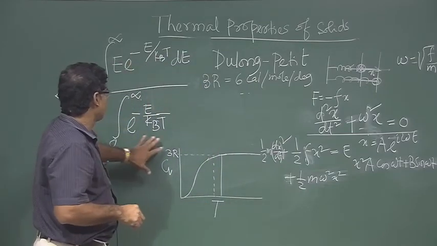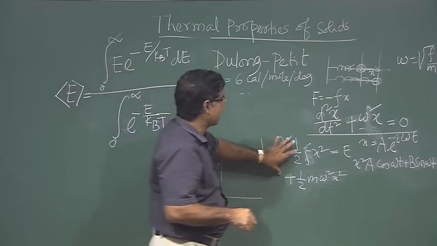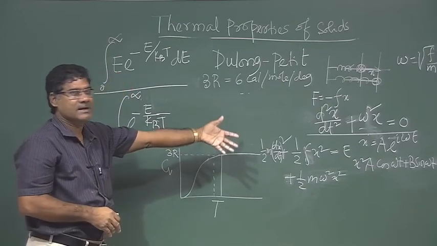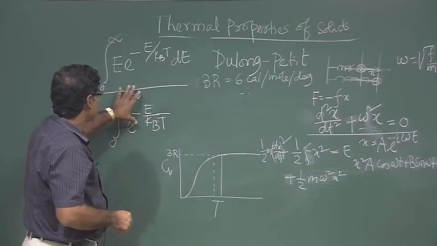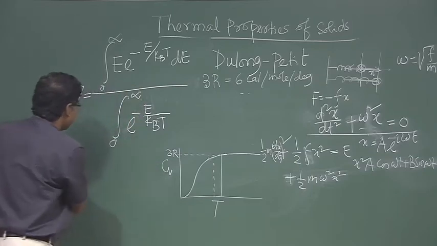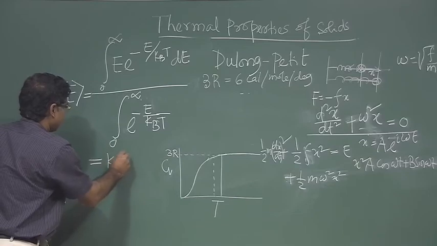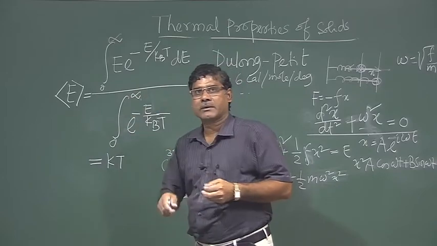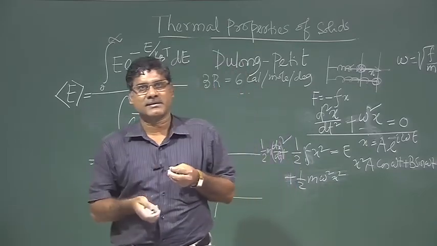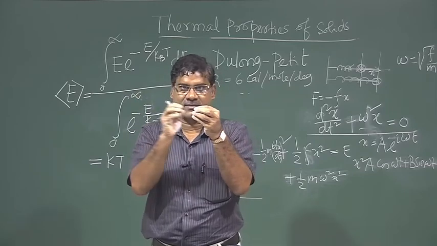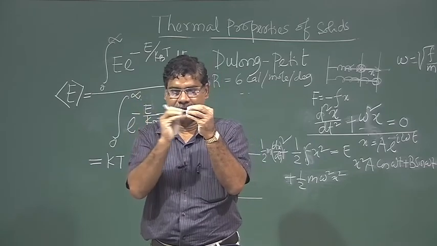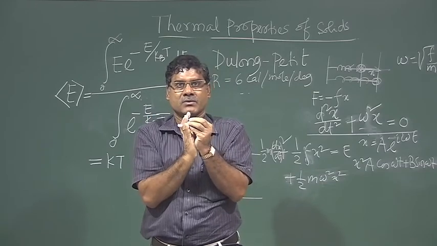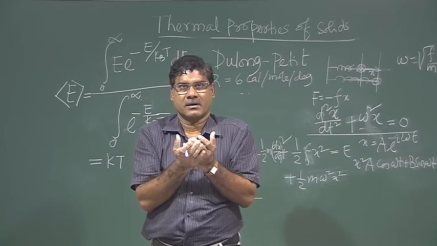From here, you have two parts, kinetic energy and potential energy. If you replace this E by the kinetic energy and potential energy of a harmonic oscillator and do this integration, you will simply get this equal to kT. That is basically where the equipartition law comes from. Each particle has potential energy and kinetic energy. Each particle can vibrate in any of the 3 mutually perpendicular directions, so it has 3 degrees of freedom. For each degree of freedom, this energy is half kT,